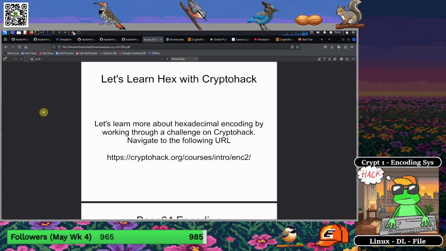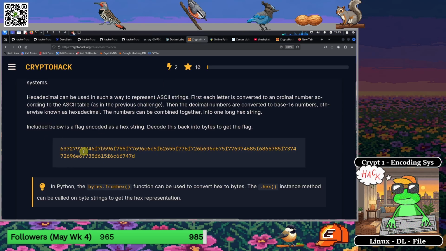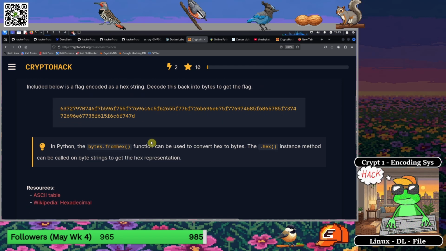That's fine. All right, so let's go back to CryptoHack, and what we're going to do is convert these hex strings into bytes. So this is what we're going to do. We're just going to copy the hex string over here, and it looks like we're going to need to take